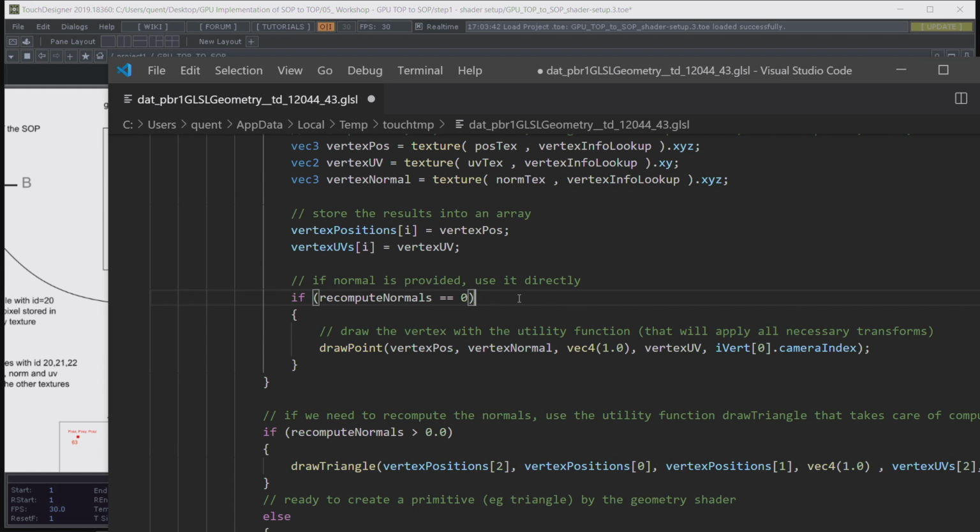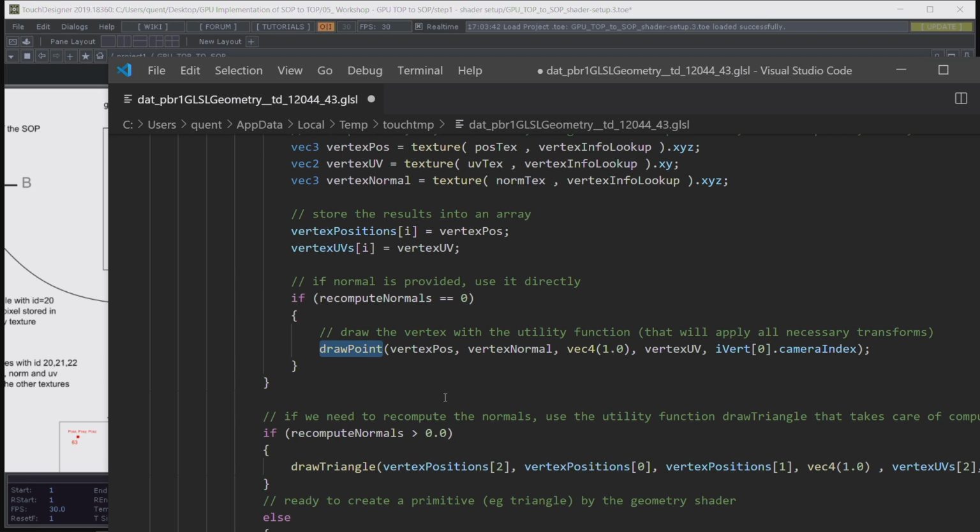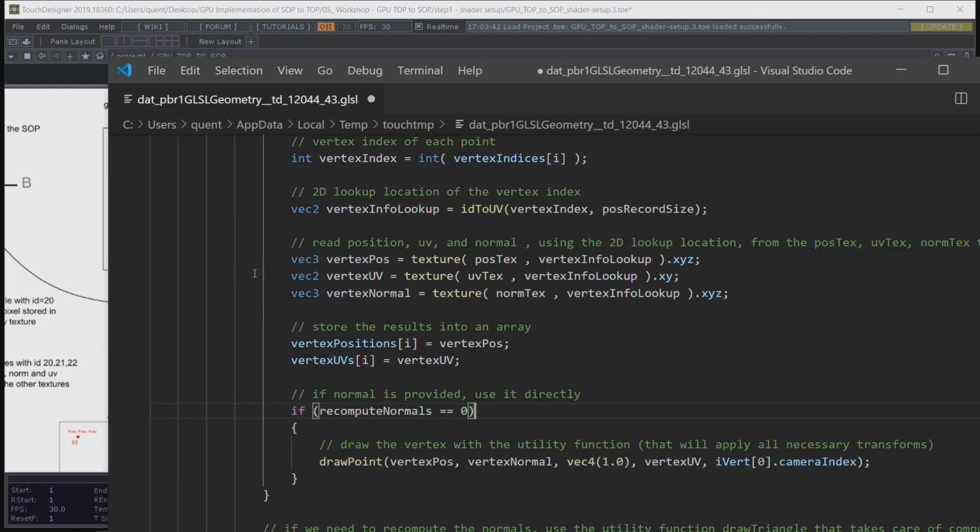And that's where we have 2 options. If we want to recompute the normals automatically, I'm just testing the value of the uniform there. If we don't want to recompute the normals, then I will draw a point, using the provided normal that I'm actually reading from the texture. But if I want to recompute the normal, that's when, once I have